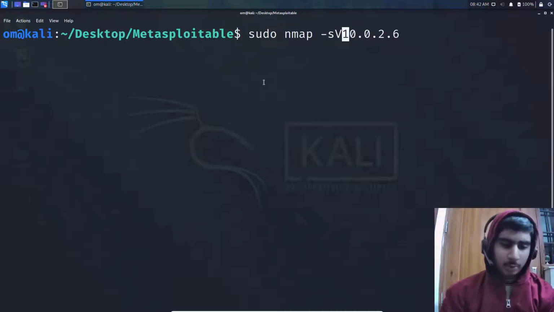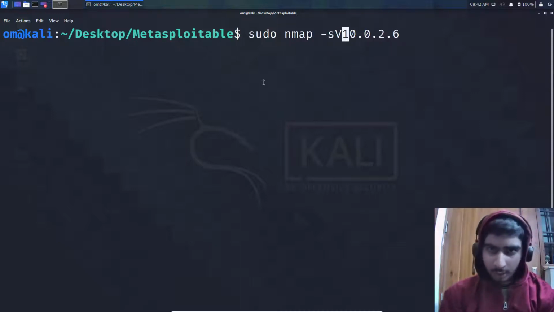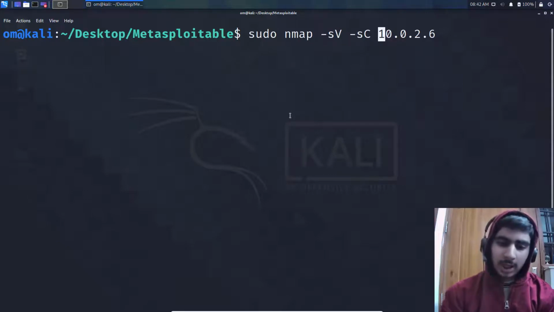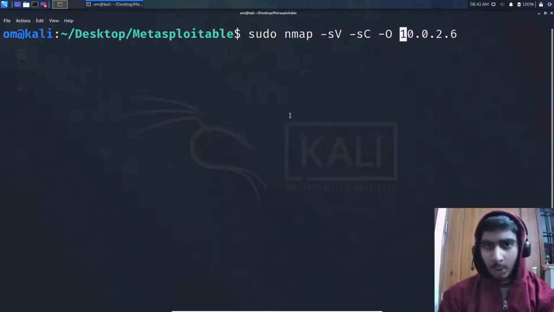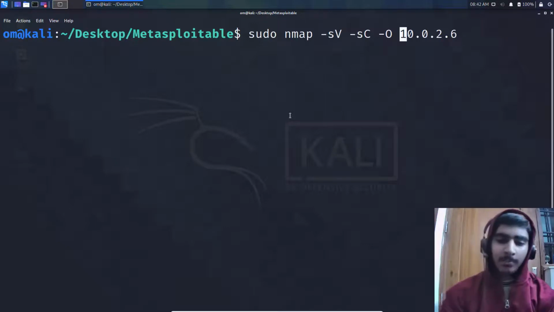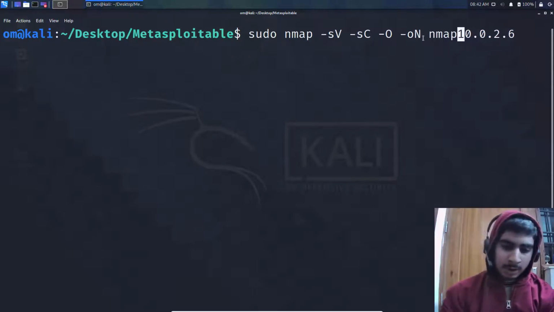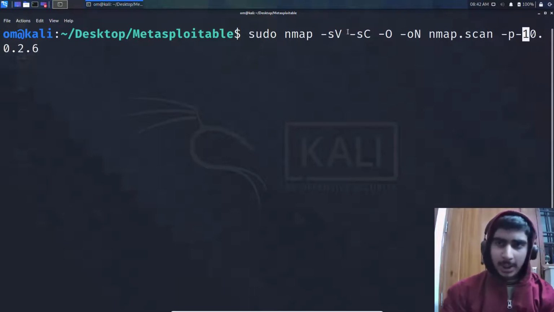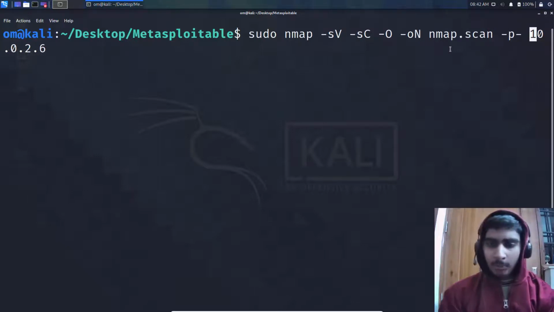So we are going to add in -sV because we want the version information, -sC, which is equivalent of --script=default, because we want as much information as we can, -O to enable operating system detection, -oN to output in the normal format, and I'm going to call this nmap.scan, then -p- which means all ports,